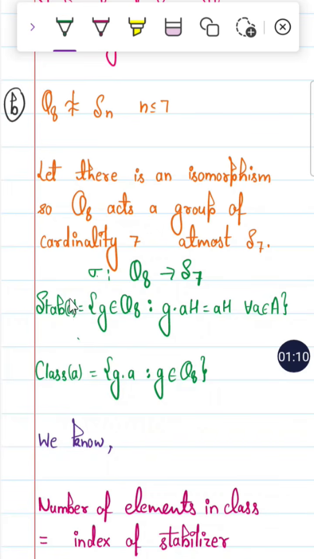Now, what is the stabilizer of A? Stabilizer is that if we take any group, any subgroup, any set A where all the elements of A exist, then when we stabilize, we fix the set's element by the group element, then we call this the stabilizer, which acts on S7's set. A is a subset of S7. Now, what is the class of A? Class of A is the conjugates of all the Q8s, the conjugate of all the Q8s to a set's element.